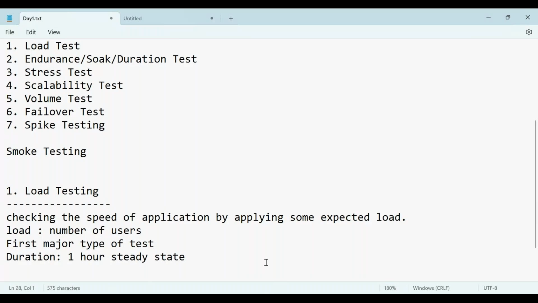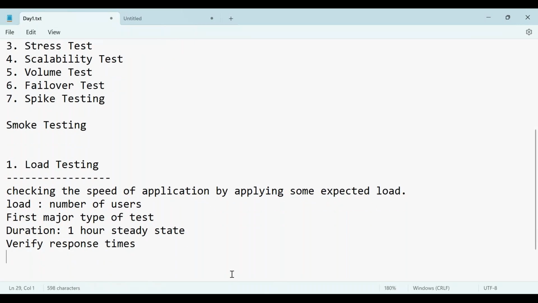Okay. What is it that you are verifying? We verify basically response times because it is all about speed. So we verify response times. Okay. Response time means how much time it has taken. See, I will just